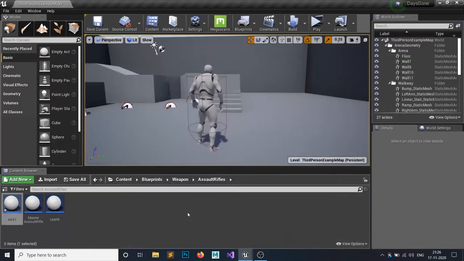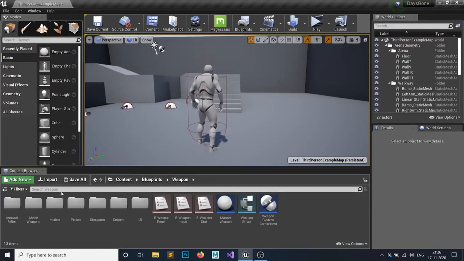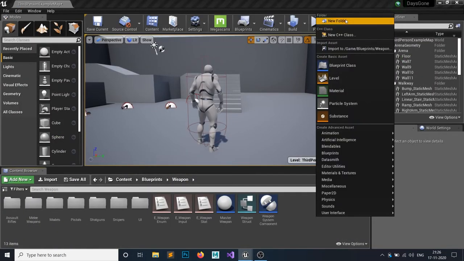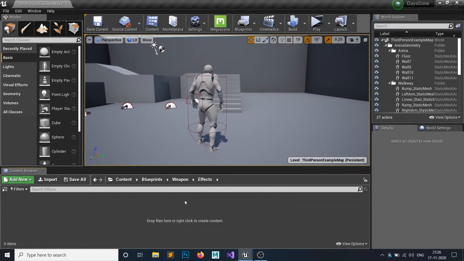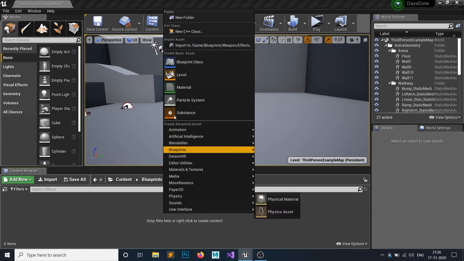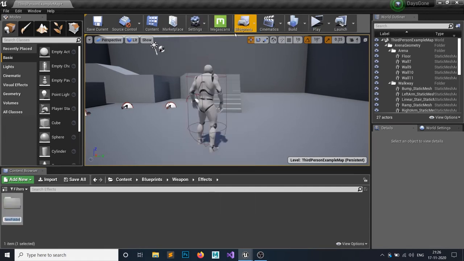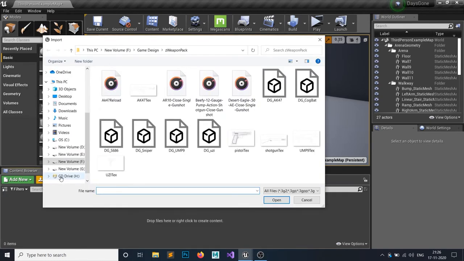So let me minimize it and go to my weapon folder. I will create a new folder called effects, in which I have the audio and the gunshot effects and everything. Then I will create a new folder in effects and call it SFX. So let me import some gun audio. As you can see, I have 3 gun audio files, and these are all .wav files.